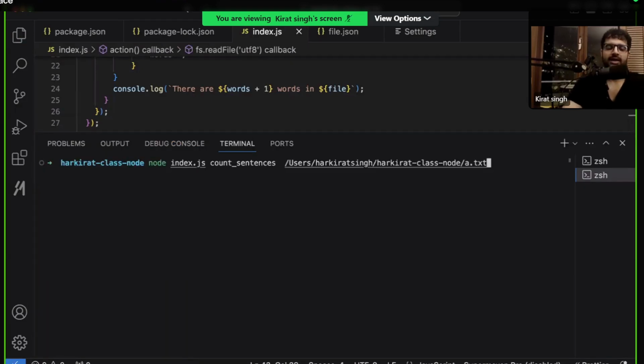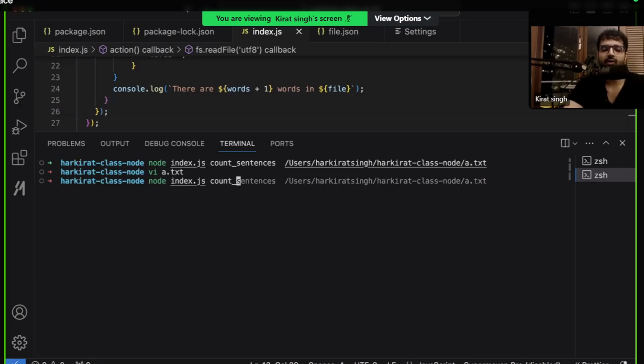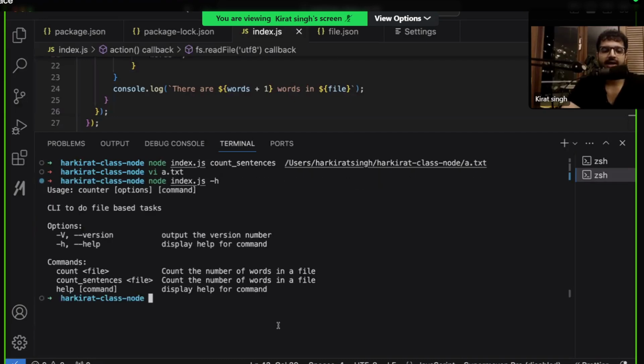All right. The other thing it gives you is the help command out of the box. If I run node index.js -h, it gives me a very pretty CLI-like interface. This is the biggest reason you might want to use Commander. Whoever is using your command line interface now gets a --help flag that they can run, and they can see, okay, this is one command that I can run here. This is another command that I can run here.